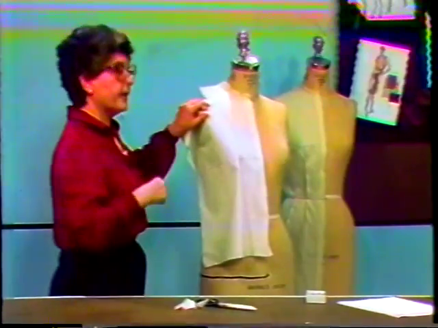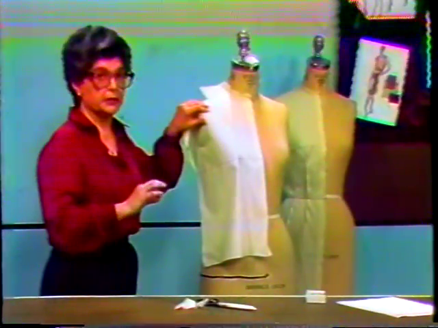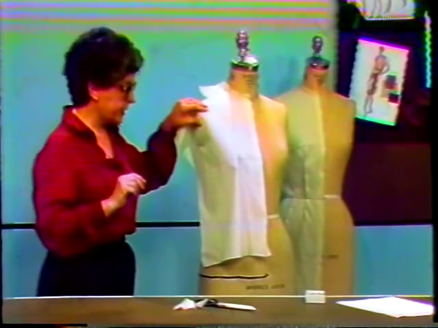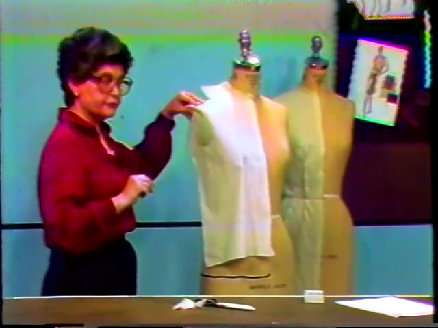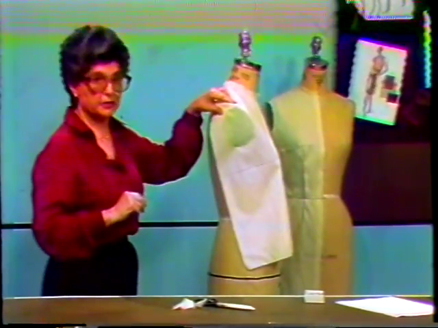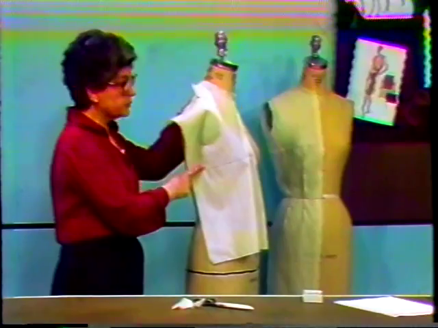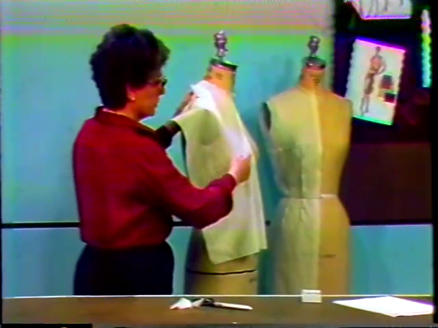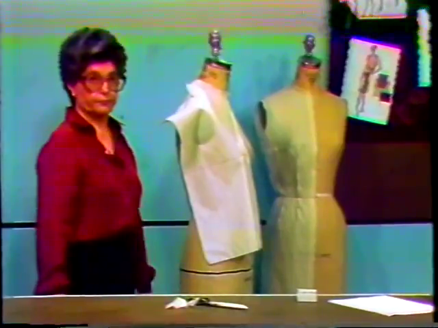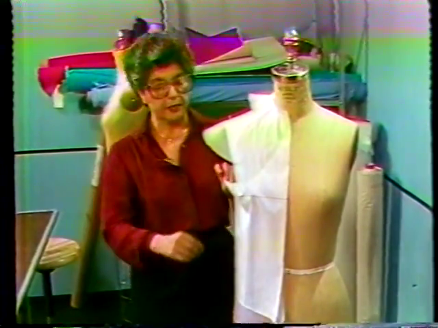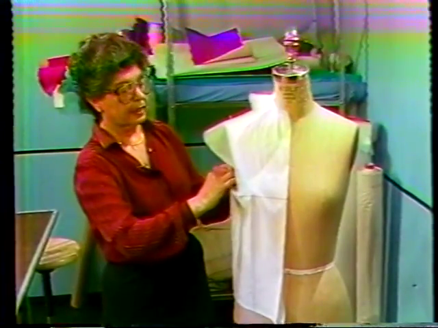Now, going back to the fact that this is a basic bodice and we want the structure and the balance to be retained, at this point we would have to bring the length of the cross grain into balance. You'll notice that from apex to side seam the cross grain is shooting downward and that the length grain from bust level is shooting outward. We would like to bring the lengthwise grain up into perpendicular position. And to help us do that, creasing at the cross grain becomes very helpful.